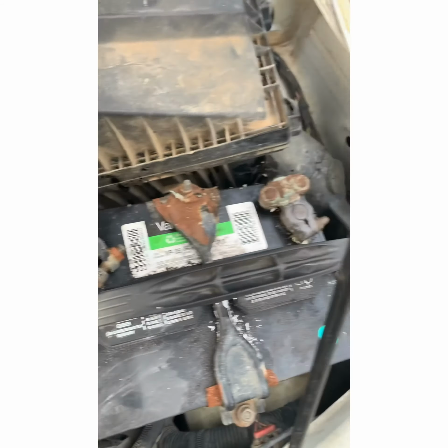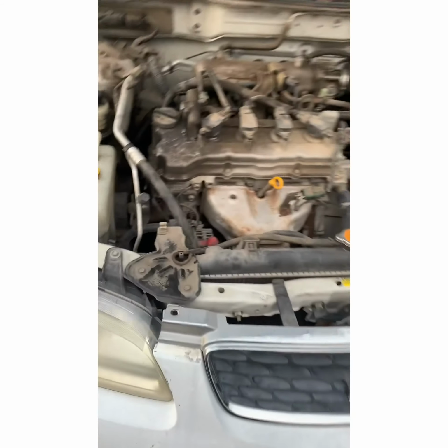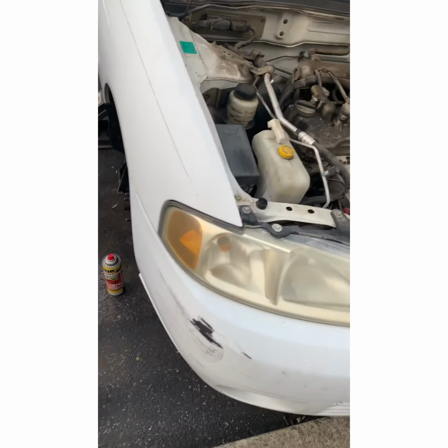Well, first, these got all corrosion, so we're going to change out them battery cables. This is a 2003 Nissan Sentra. And what I originally came here for, my girl called me up, said her daughter's car,